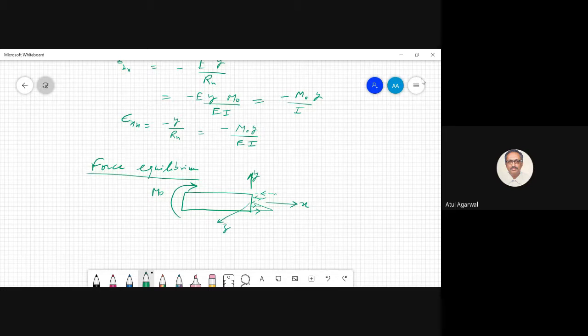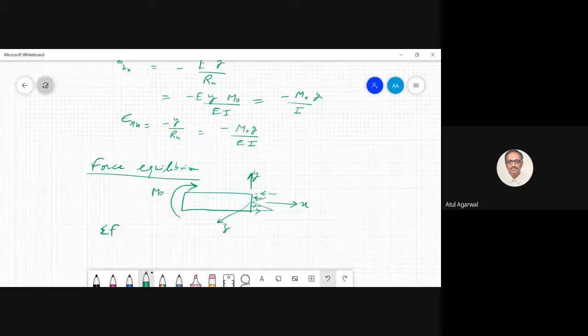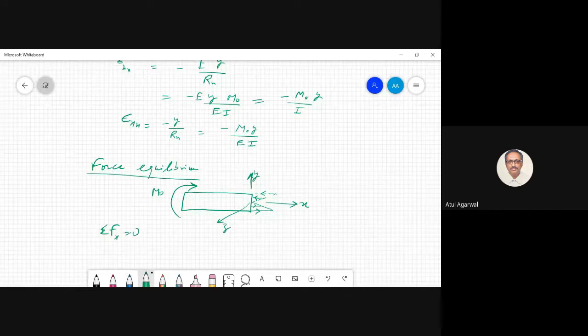So you see, these stresses, these are forces. This is a force in negative x direction. This is a force in positive x direction. There is no external force applied on this part. You see, there is a moment. The net force, sigma Fx, has to be 0. Whatever are the forces, compressive forces and tensile forces, they have to cancel each other out. Otherwise, if there was some net force due to this stress distribution, the body will start accelerating in x direction.